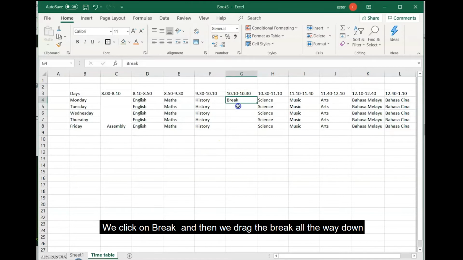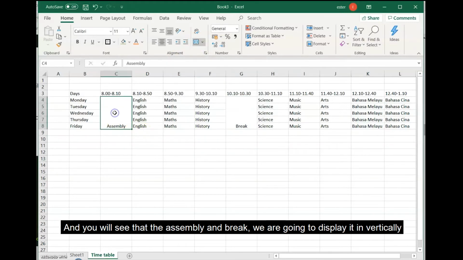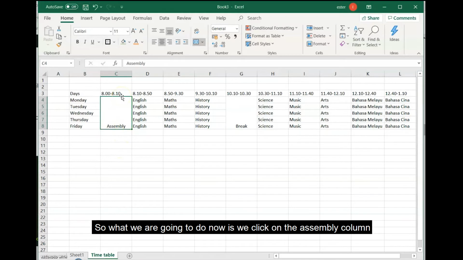You click on the break and then you drag all the way down. After that, go to the alignment and then you click on the merge and center. And you will see that the assembly and break, we are going to display vertically. So what we are going to do now is we click on the assembly column and then we go to